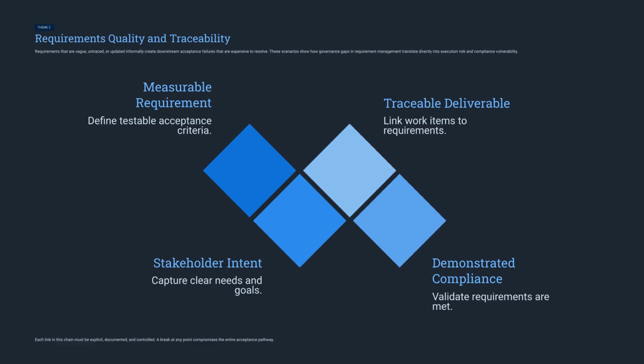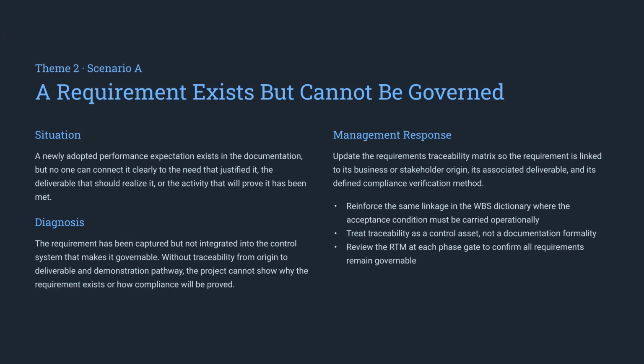Theme 2 addresses requirements quality and traceability. When requirements are vague or untraced, you introduce significant execution risk. A robust acceptance pathway requires a clear, controlled chain, from stakeholder intent through to demonstrated compliance. Scenario A highlights a requirement that exists but cannot be governed. The diagnosis is a lack of integration into the control system. You must update your traceability matrix to link every requirement to its origin, its deliverable, and the method used to